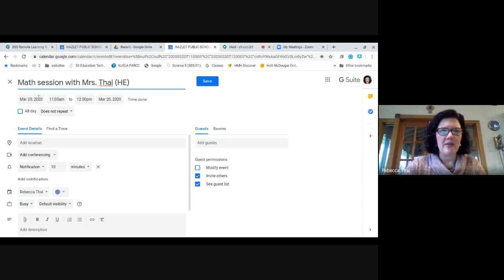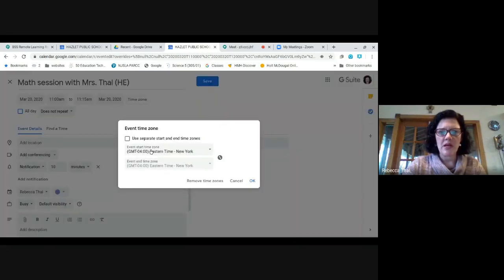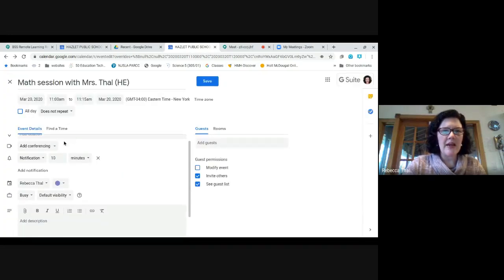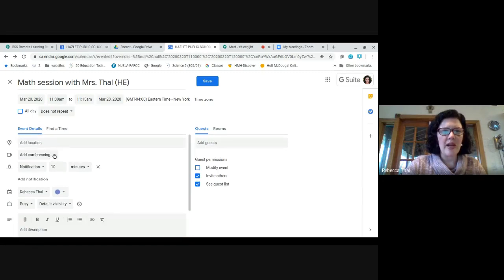And then you click the time. So let's say you don't need it from 11 to 12. These are kids, but let's say you're only going to meet for 15 minutes. You can put 11 to 11:15, and then you can put the time zone. So this is automatically defaulting to New York time, and you don't need it to repeat. And this is where you can add conferencing. So you add conferencing, you hit Hangouts Meet,